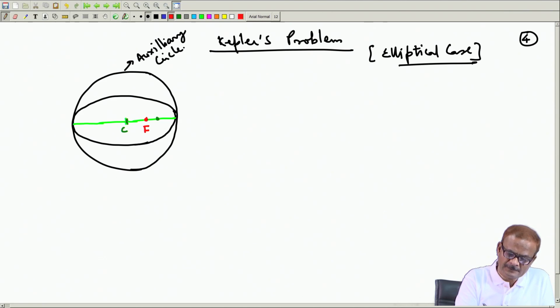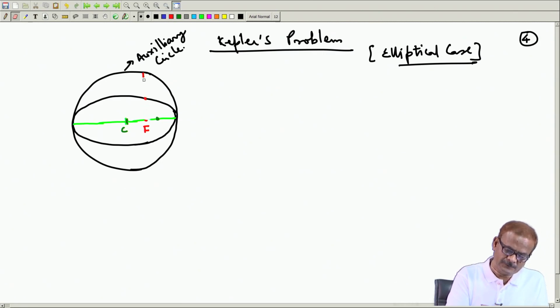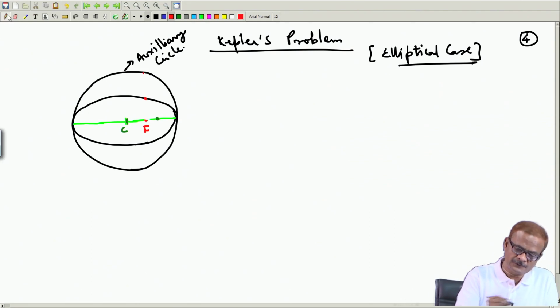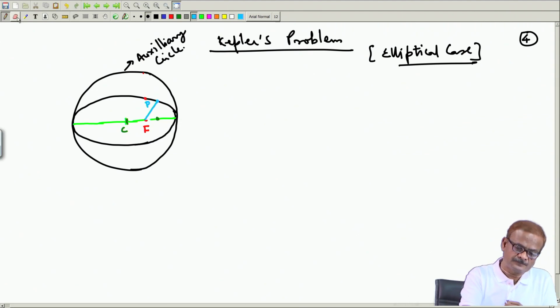So, thereafter we extended this upward from here, a vertical, this is 90 degrees here. Sorry, I have to revise this. First we draw the radius vector, and from there we have to extend. So, first we draw the radius vector. From there we took the radius vector to any point, and this we noted as P, this point.